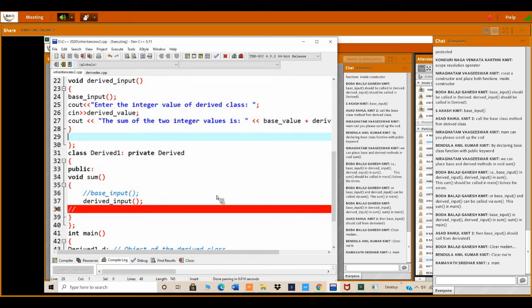That means you can't access the space and base value outside, as it became private. That's all. Within that class, I place it within a method and I try to call it. Okay. So now things